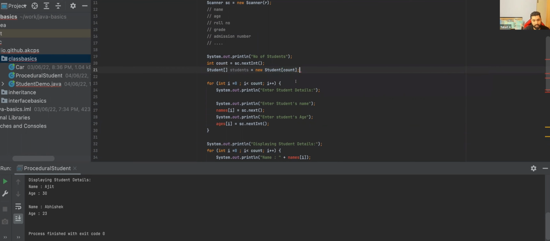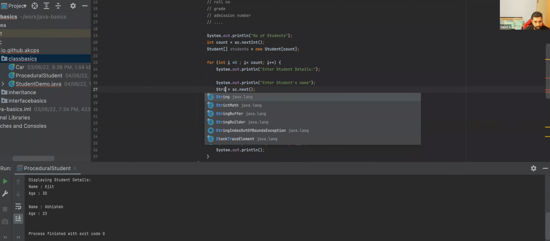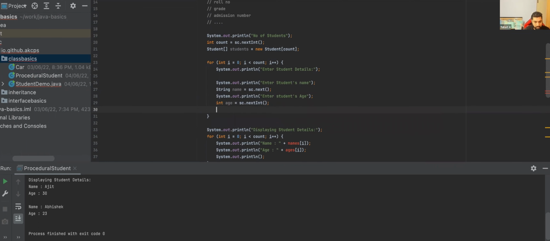And now, instead of doing this, I can just go back to my value where I say string name and print age, and just define a new student. So I would say student